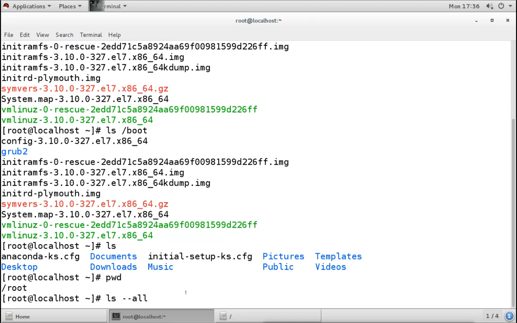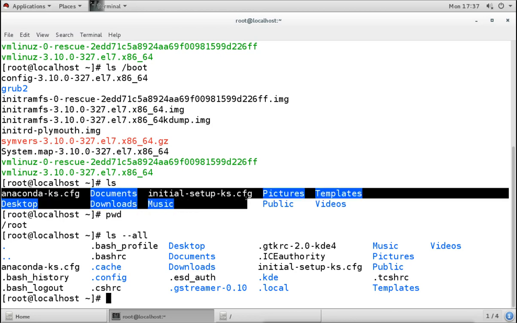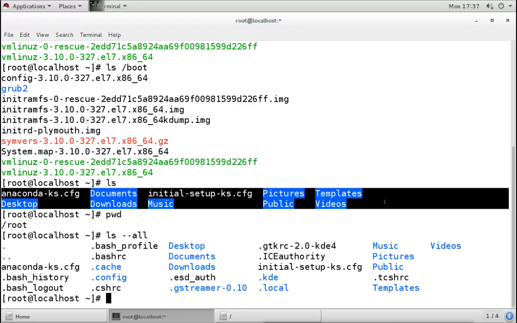Now I am not mentioning the directory name, so it is going to run on the present working directory, and what we are seeing is this. This is an option, and it is increasing the output. What is it increasing here? Normally when I run ls without options, it shows me the files and directories we have under the present working directory, that is /root.